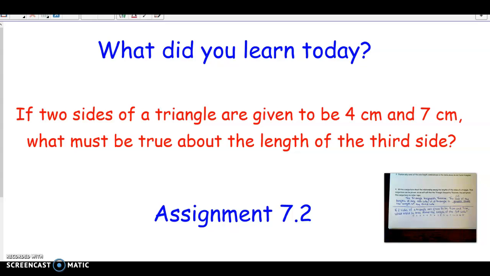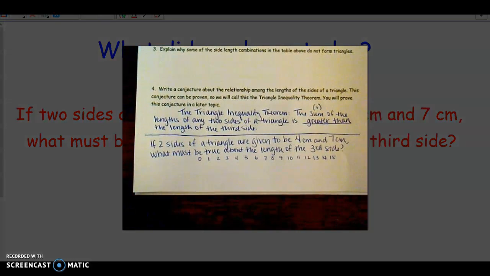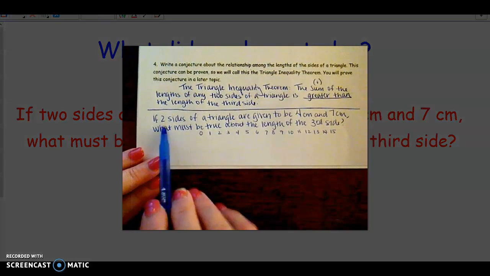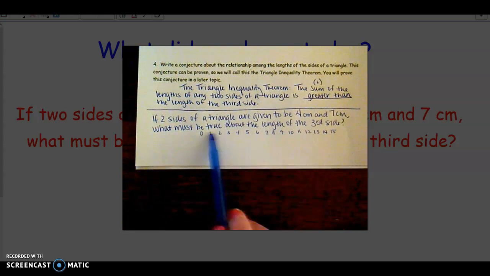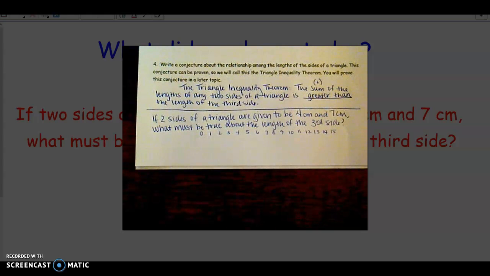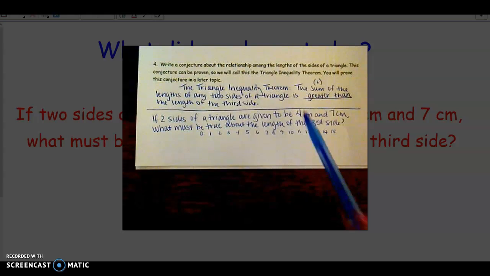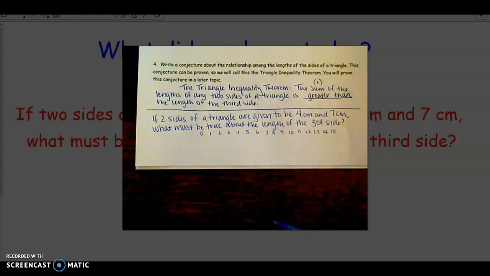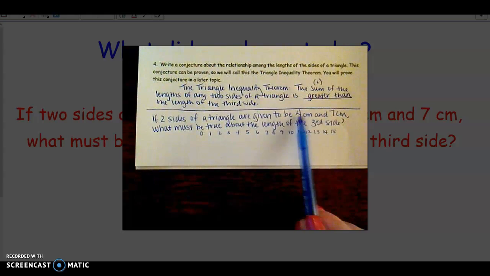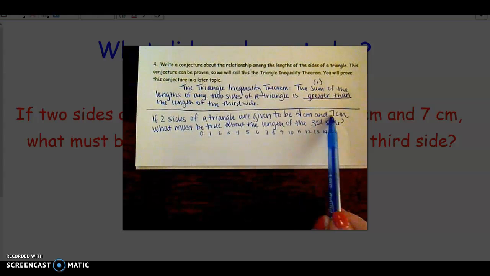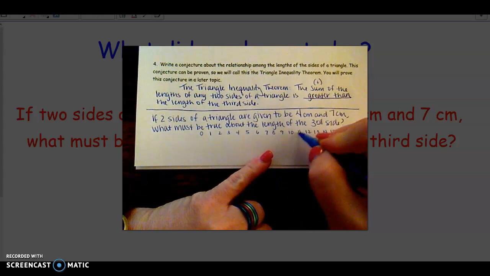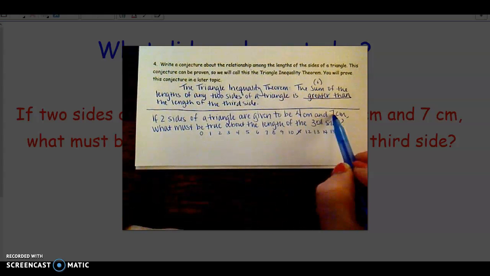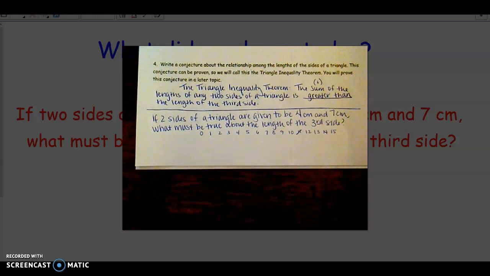So I'm going to highlight our notes here to look at this question a little more in depth. I have it written down here and asked you to pause and get it written down as well. And I just have some numbers down below for us to use as a thinking process. So remember, we know that the sum of any two sides has to be greater than the third side. So if these two are my two smaller sides, then the third side couldn't be the sum of these, right? It can't be equal to. So it can't be 4 plus 7 is 11. I know the third side cannot be 11 because two sides cannot add to get equal to the third side,